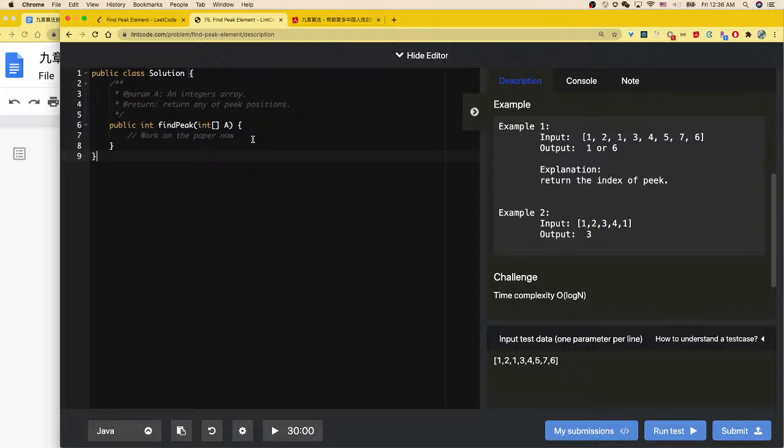When nums mid is less than nums mid plus 1, then there must be a peak on the right side. So left equals mid plus 1. Okay. Else